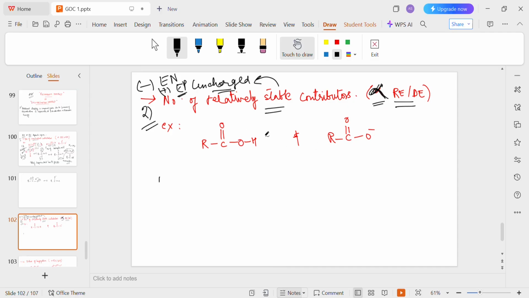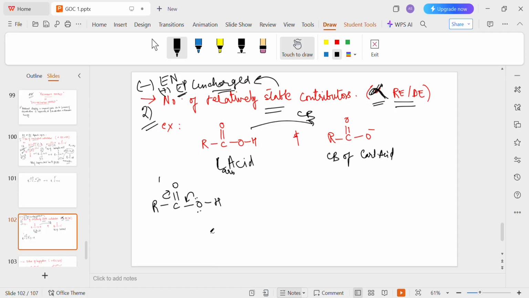ओके। सो दिस इज a carboxylic acid and this is the conjugate base of carboxylic acid, इसी का conjugate base है ये। तो इन दोनों में से पता करना है किसकी रेजोनेंस एनर्जी या डिलोकलाइजेशन एनर्जी ज्यादा है, ठीक है। तो हम कंट्रीब्यूटर्स बनाते हैं। जब मैंने इसको डिलोकलाइज किया इधर तो ऑक्सीजन पुल्स बैक इट्स pi electron density in the form of negative charge and this double bond comes here and this oxygen gets a positive charge, ठीक है। तो इधर चार्ज सेपरेशन हो गया। अब conjugate base of carboxylic acid के contributors हम देखते हैं,